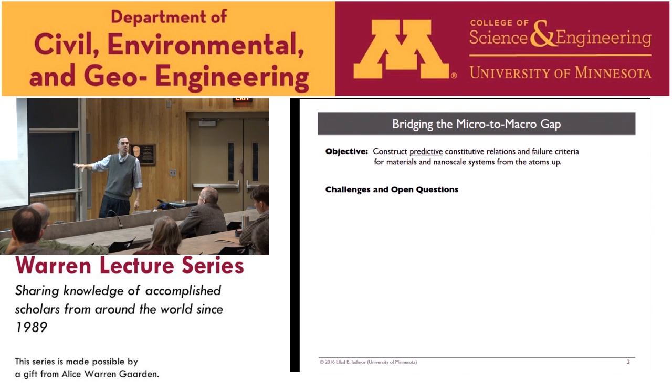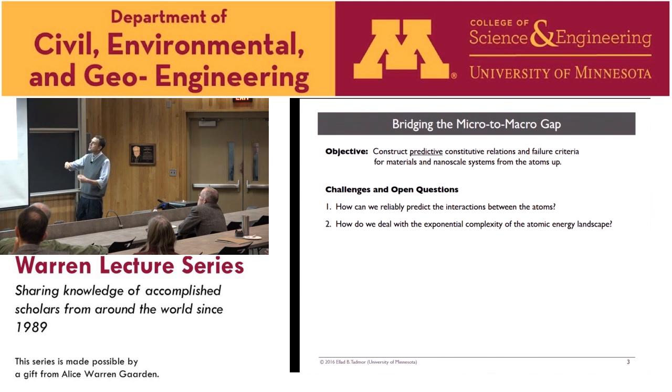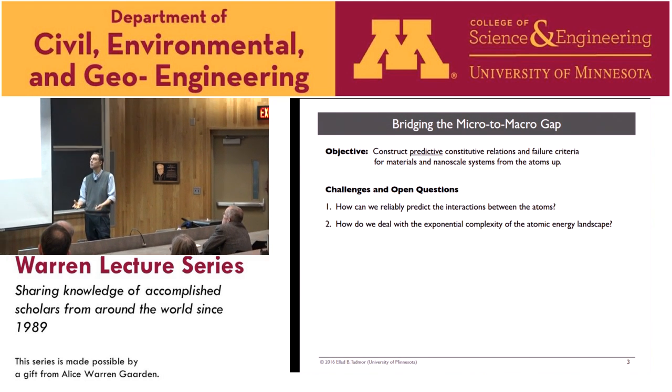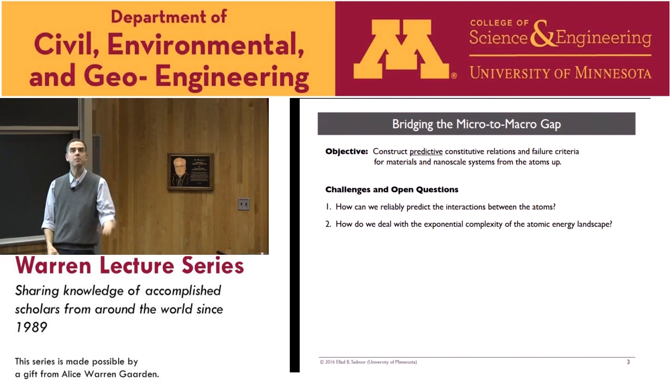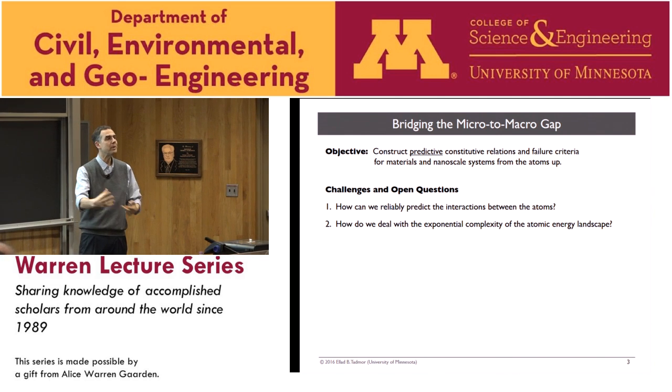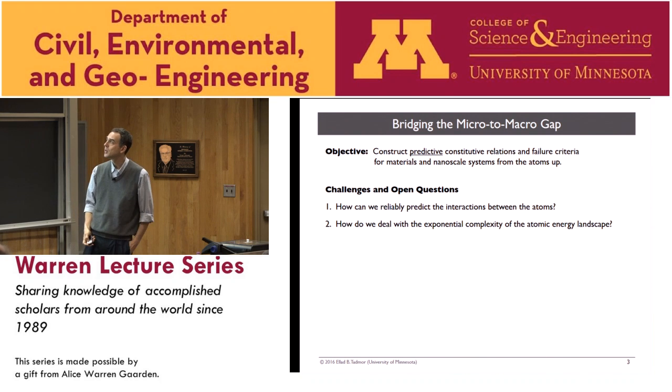So I'm going to pose some key questions in this area, and then I'll go through a few of them and give you some details of how we think about that. The first one is, if we're going to model things at the atomic scale, how can we model the interactions between the atoms? Instead of a fitted constitutive model, we need something to characterize the interactions between the atoms. Once you do that, now you have these large numbers of atoms and you characterize their interaction, you find that the response is exponentially complex. The possible behaviors of the system is huge, and we need to think about how to deal with that.